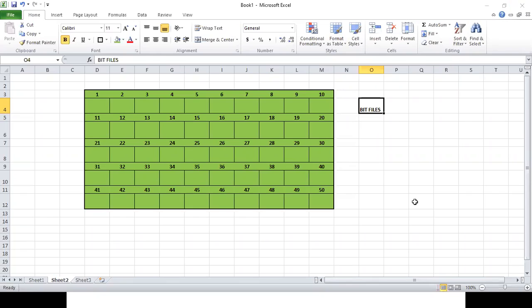So bit files, what is actually there inside the computer? The computer only understands binary language, that is the language of 0 and 1. So the entire data is divided into small parts, known as binary files, which contain the binary data. Now this data is stored in various places. If you have inserted a few records into the table, they will be stored at multiple places in the hard drive. Is this clear till this point?